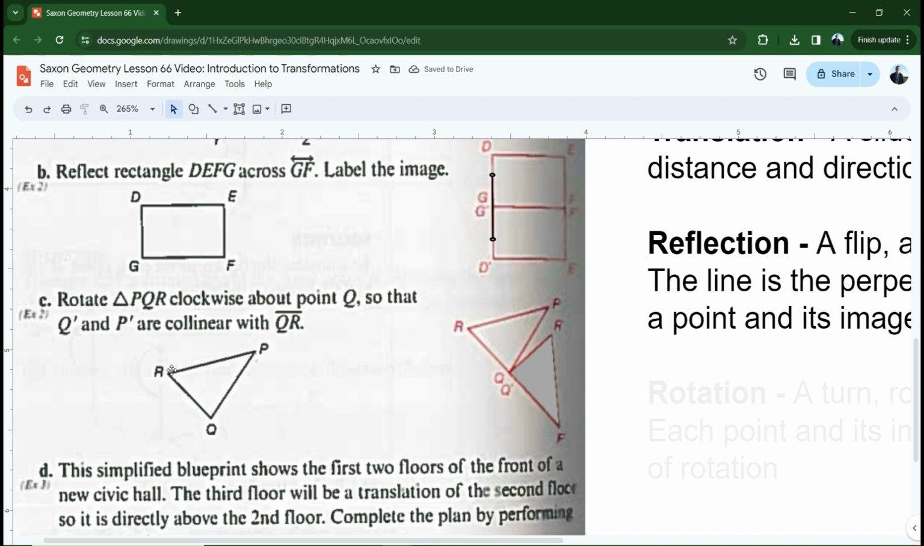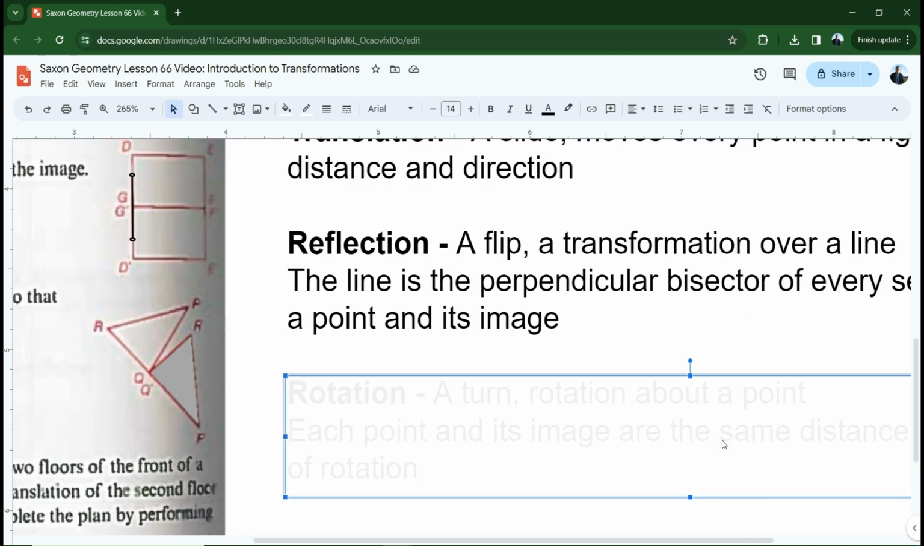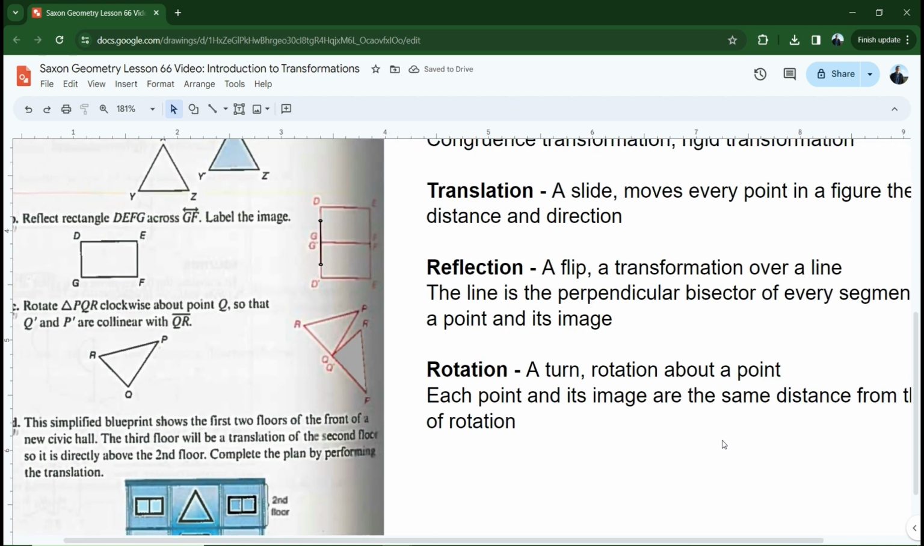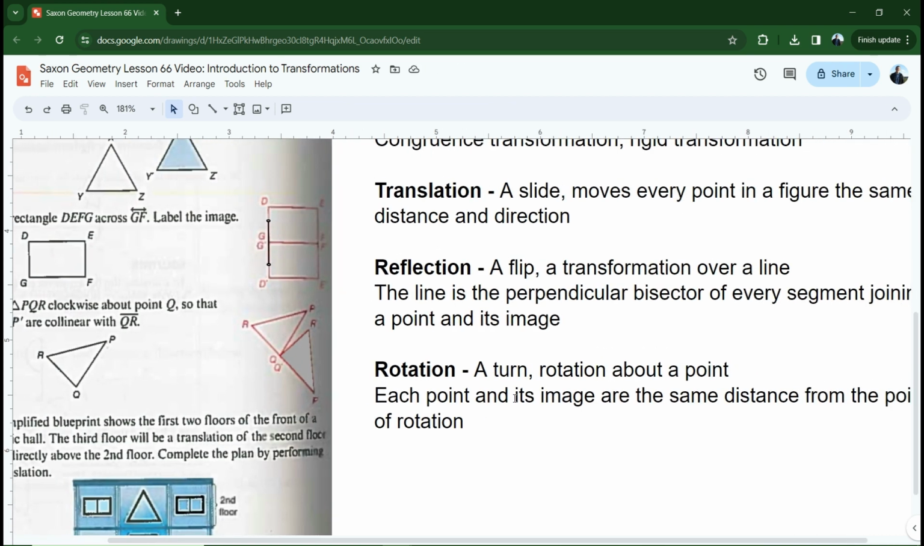I meant to be highlighting side QR here, but so I rotate the original, and you can kind of see it. I could rotate this back up if I needed to, but I rotate it until QP is collinear with QR. This is what a rotation looks like. What is a rotation? It's a turn, a rotation about a single point. And the technical geometric thing that happens is that